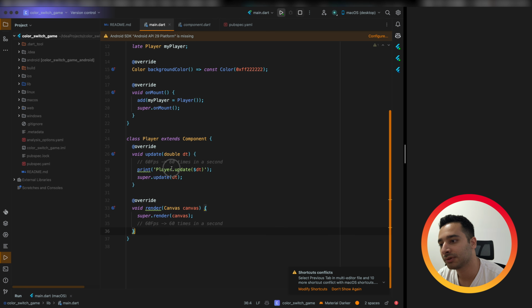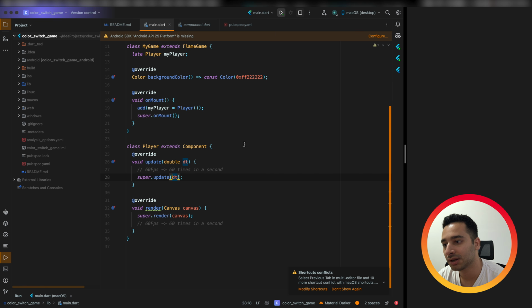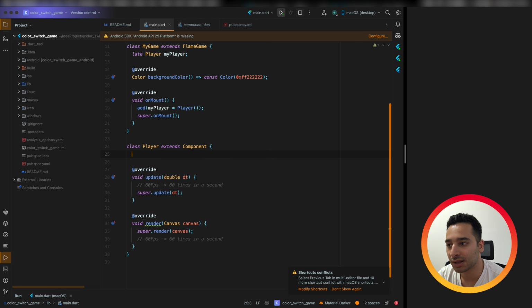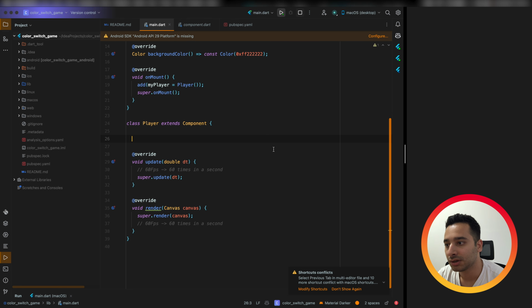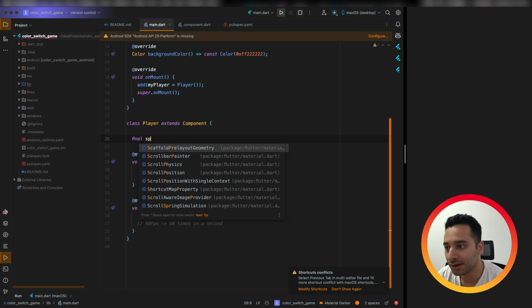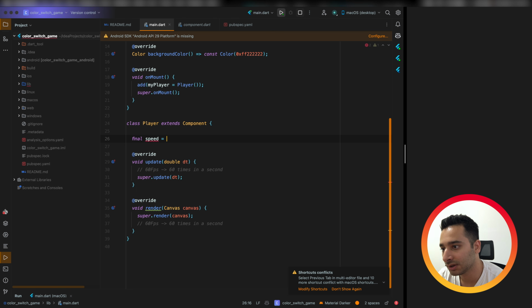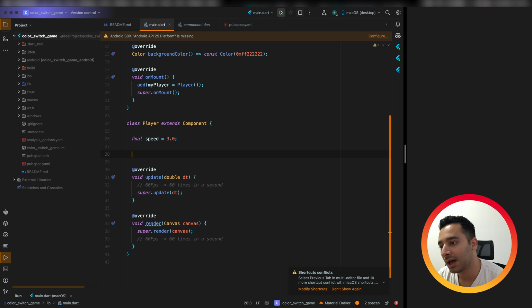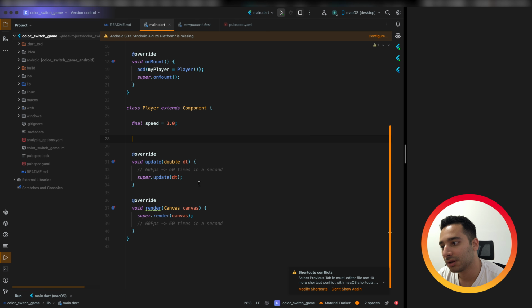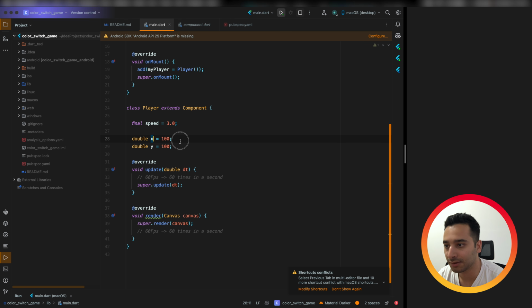Let me remove these prints here, and suppose that we have a speed variable, for example final speed equals to 0. And also let's say that we have a y variable which is 100 by default, and also an x variable.